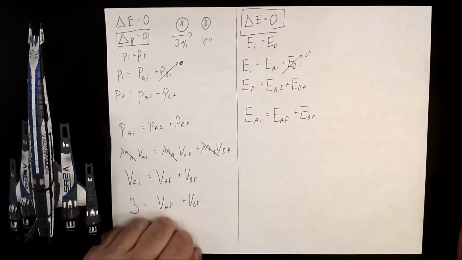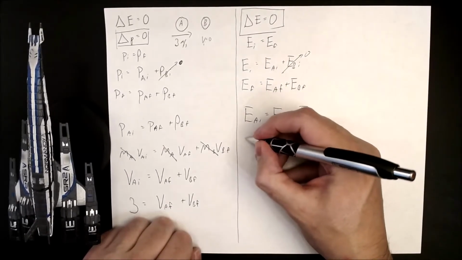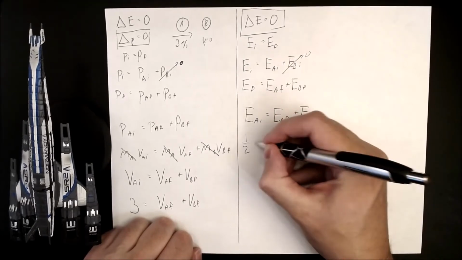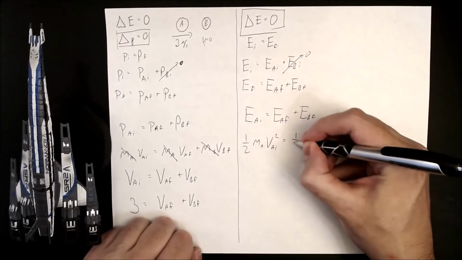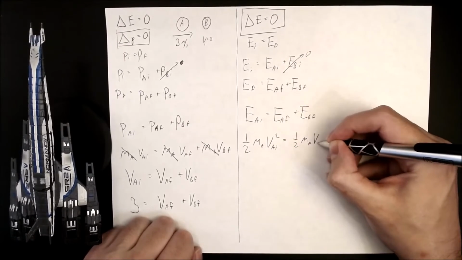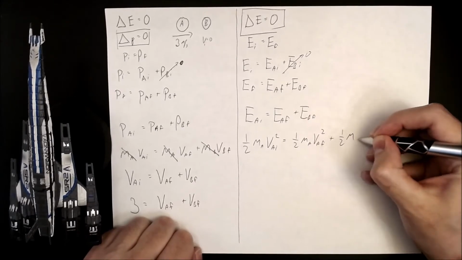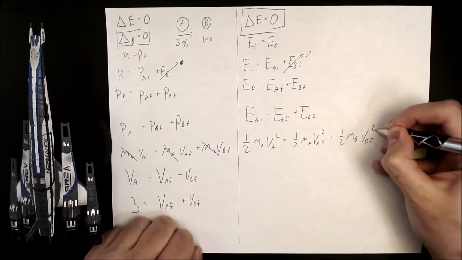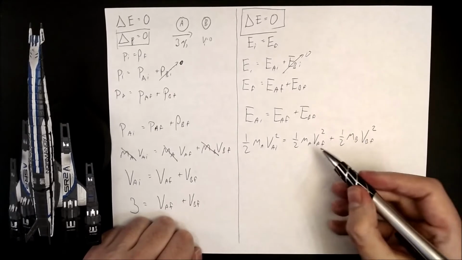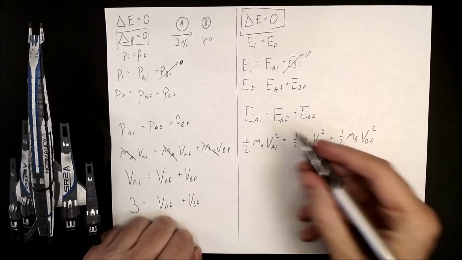What kind of energy is it? Actually, you tell me. What kind of energy is that? Okay, kinetic energy. We've got 1/2 m_A v_A initial squared is equal to 1/2 m_A v_A final squared plus 1/2 m_B v_B final squared. If the masses are all the same, then we can divide everything by mass,